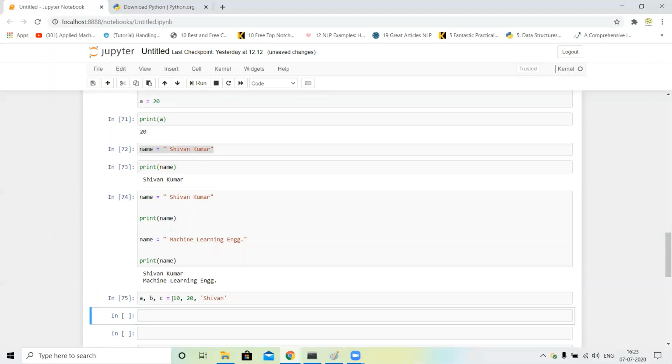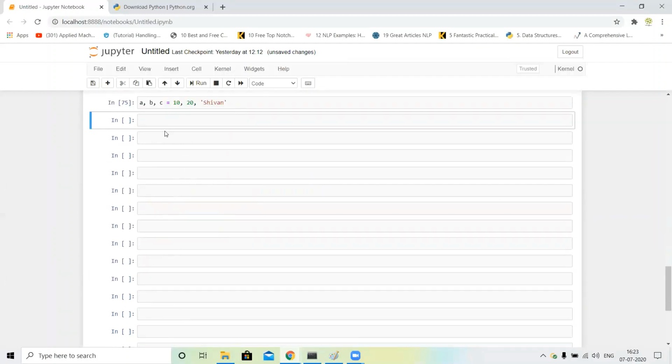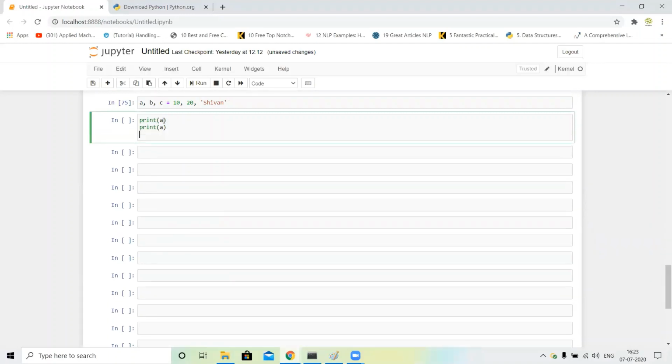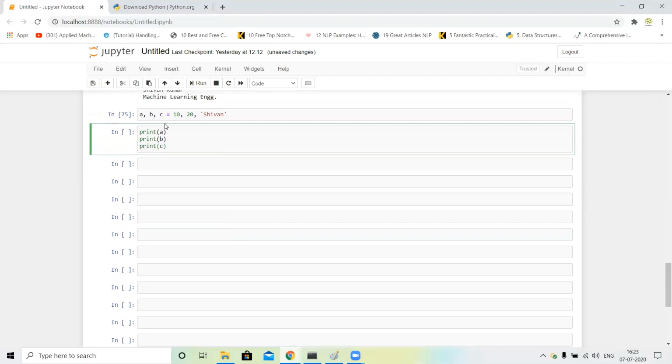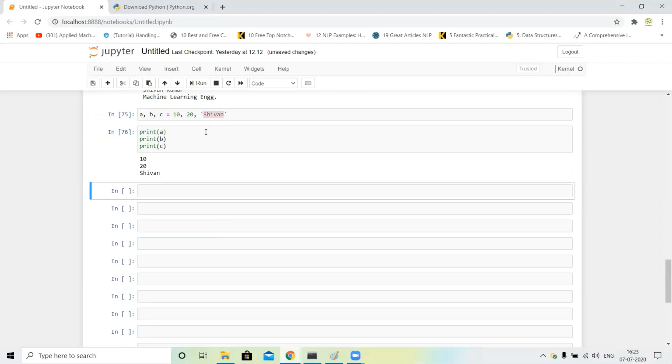When we print this, print a, print b and print c, you can see our output is a is equal to 10, b is equal to 20 and c is equal to 7.